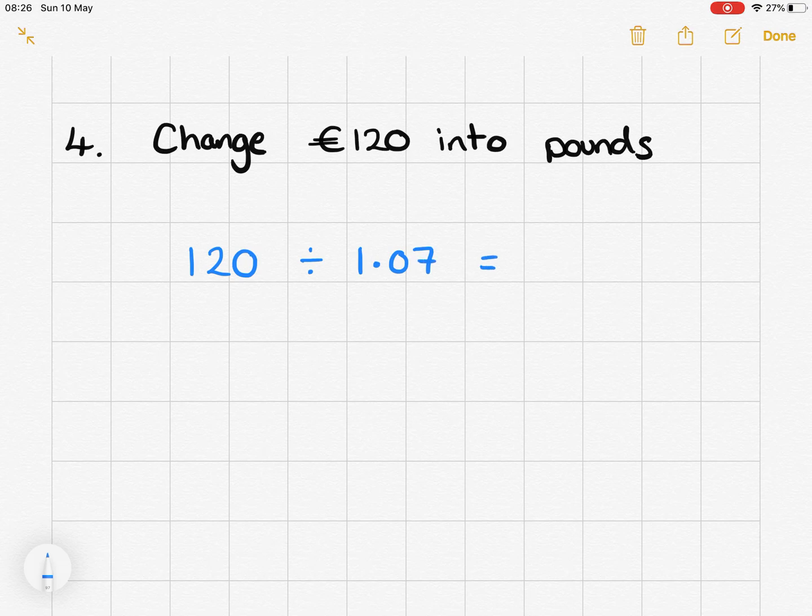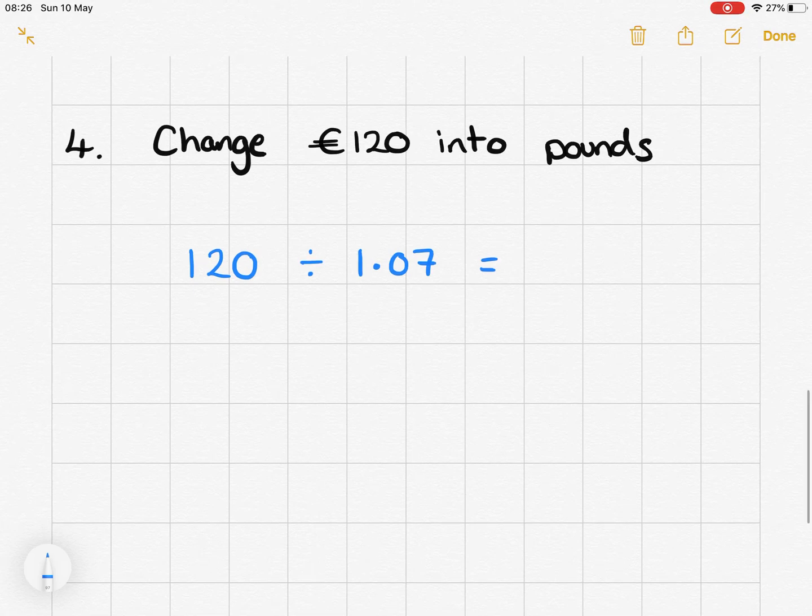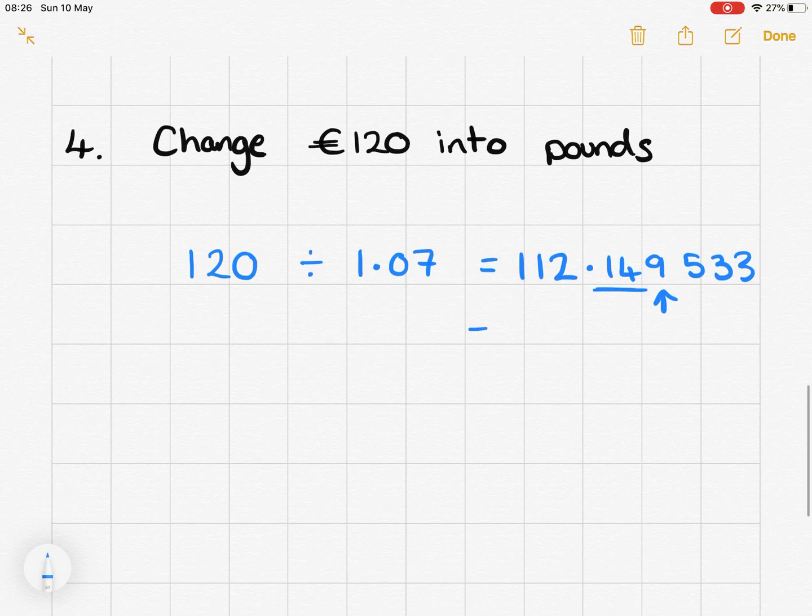When you put that into your calculator, it's probably going to come up with a bit of a scrappy answer, meaning we've got a string of decimals. Again, it's money, so I want 2 decimal places, unless the question asks for something different. If I'm rounding this to 2 decimal places, then I get